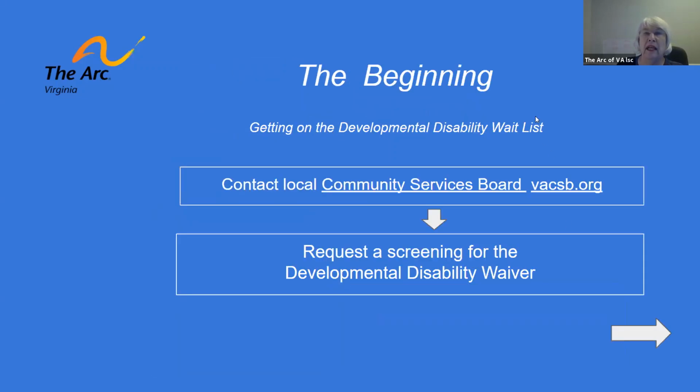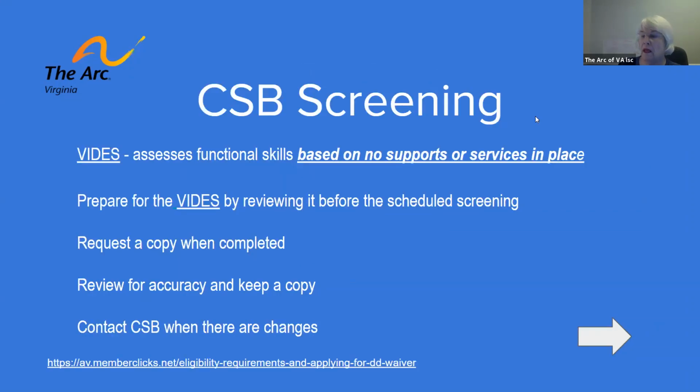In the beginning, to get a developmental disabilities waiver, you contacted your local community services board to request a screening for the developmental disability waiver to see if you were eligible. To be found eligible for a DD waiver, a person must have a developmental disability or be at risk of a developmental disability. And then people are screened with an assessment tool called the VIDES,